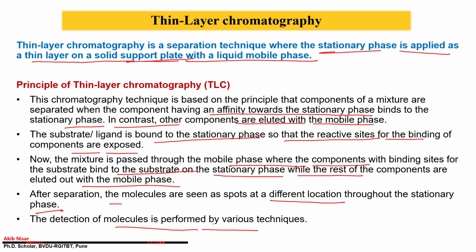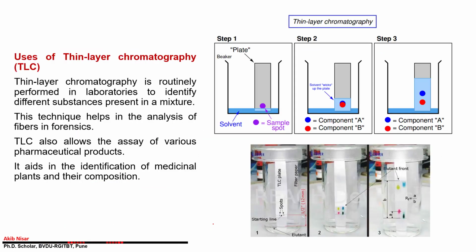Okay, so there is nothing to read about TLC separately. Actually, it's the same as I told you for paper chromatography. Here you can also see the figure, the chromatographic chamber. You use the chromatographic chamber, you consider the solvent front, you consider the spotting line. All the things are the same, but the difference is that here you don't use paper. Here you use a TLC plate, that is thin layer chromatography specialized plates. The plate is made up of different materials. Sometimes it is silica or other plates.